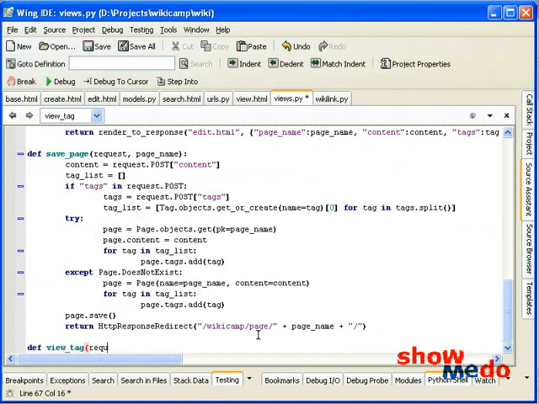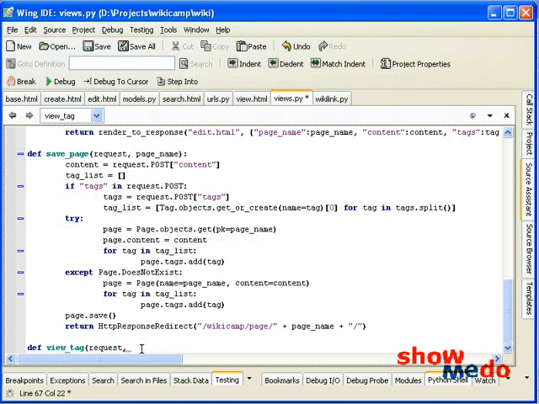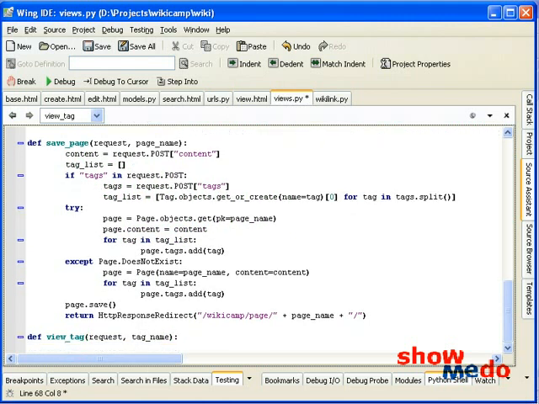If you recall from our previous screencast, whatever is here in this named regular expression gets passed in as a parameter. So over here we've got the name as page name. For this one I've called it tag name. So we're going to get request, which is passed for all view functions, and that parameter tag name, and we now have to go, we have the tag name, we now have to find out what all pages